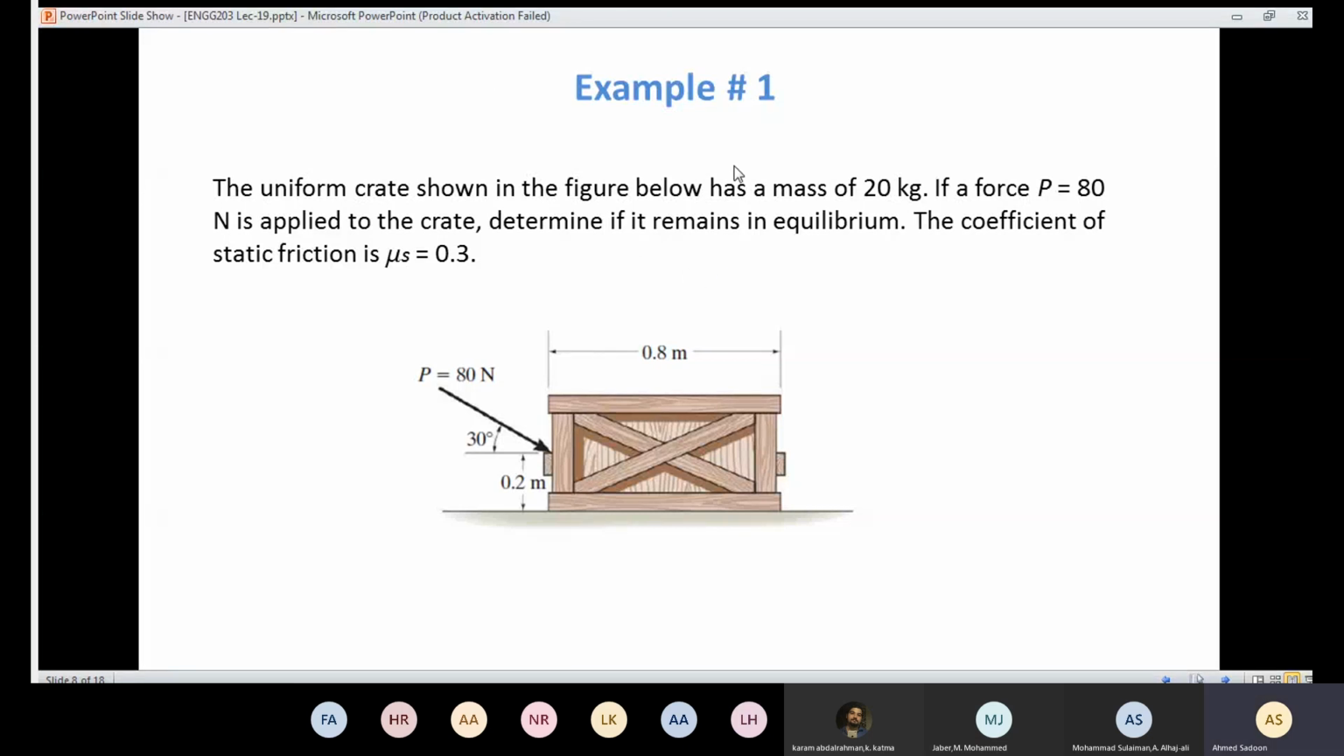In example 1, we have a box here, and the load here is uniform, which means that the resultant force or the weight is going to act at the middle here, the center of gravity. So we have a uniform crate shown in this figure here, and the mass of that crate or that box is 20 kilograms. So we need to multiply by 9.81 in order to convert it to Newtons. Then we apply a force P with an angle of 30 with the x-axis,